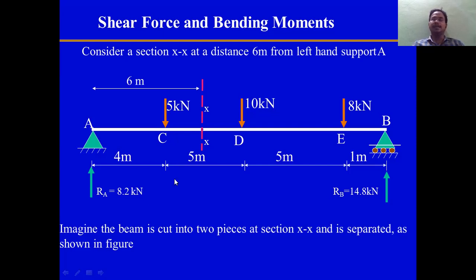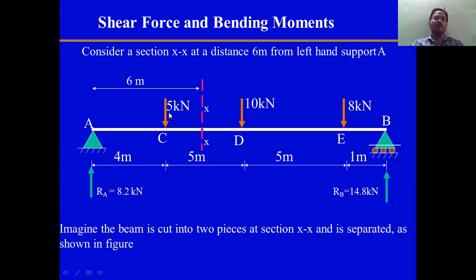So how we will get these reaction forces: the general procedure is equating the vertical forces, the algebraic sum of the forces is equal to 0. Sigma Fx or sigma Fy is equal to 0. Next, the bending moment at a section XX, and one more thing, you should take the moment at a point A. The algebraic sum of the moments is zero. Again, the same simple formula. By using that, you can calculate the reaction forces Ra and Rb.